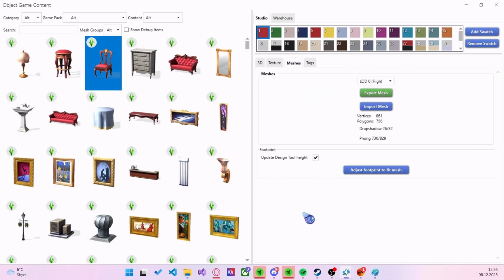Next, let's go to the Mesh tab, which shows the shape of the object and the object's physical dimensions and tells the computer the physical shape of the project, while the texture is like paint on it. And here you can see the vertices and poly count. Now we will try to keep this down, because if this is too high, the model will not load properly